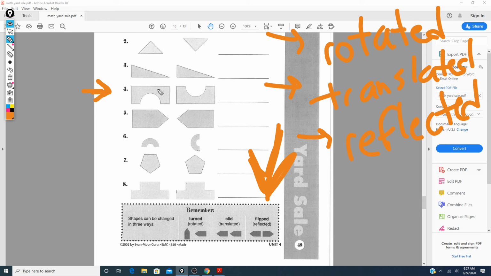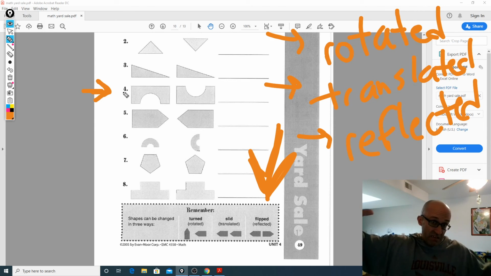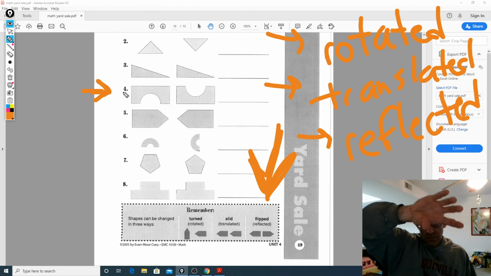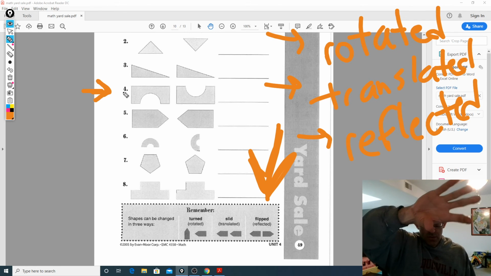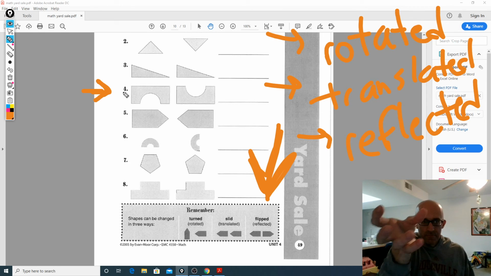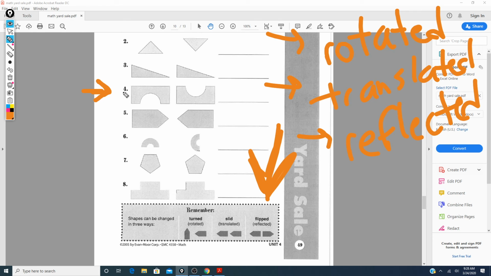I mean, you can say that this is reflected because it's in an instance where it reflected. It's almost like saying it was reflected over, say, the x-axis. You can also say it was rotated as well. It can be rotated 180 degrees. So if you're looking at what's the proper answer on this, number 4 should be both rotated